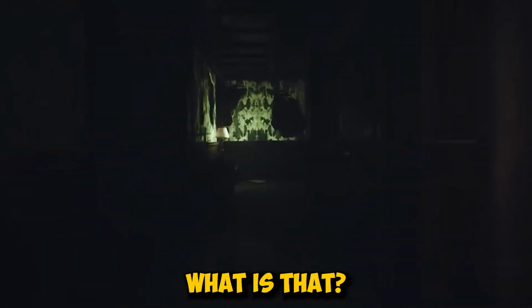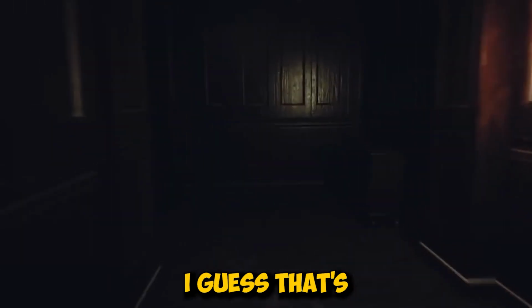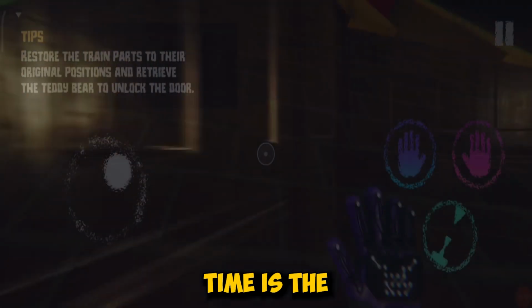Yeah, I cannot imagine being this person. They go through so much stuff. Like, what is that? That face looks terrifying. And we see Catnap just at the end of the hall walking through. I do not want to be here. But you know, I guess that's just what we gotta do. What we're gonna do right here, by the way, is turn around twice. We go the first time and then...